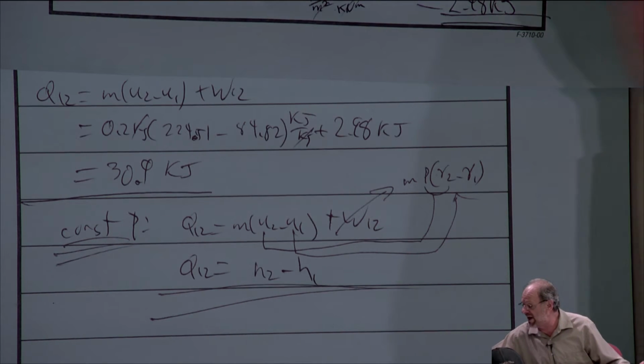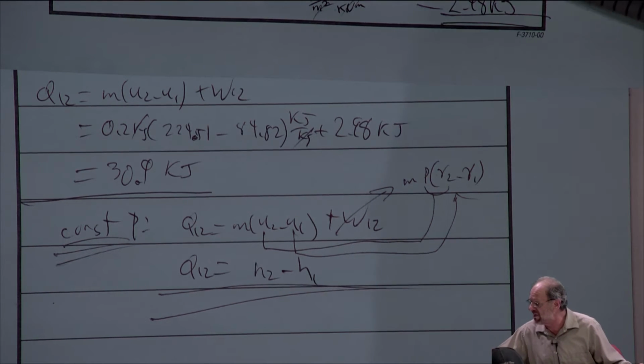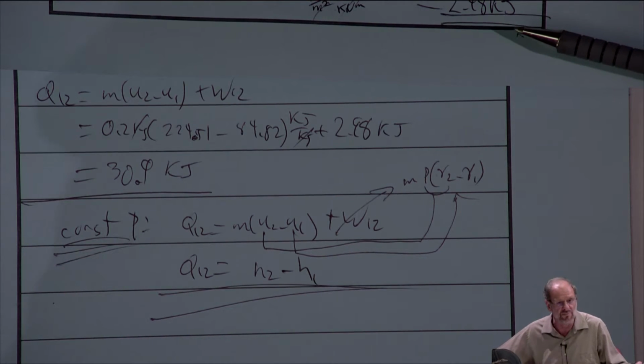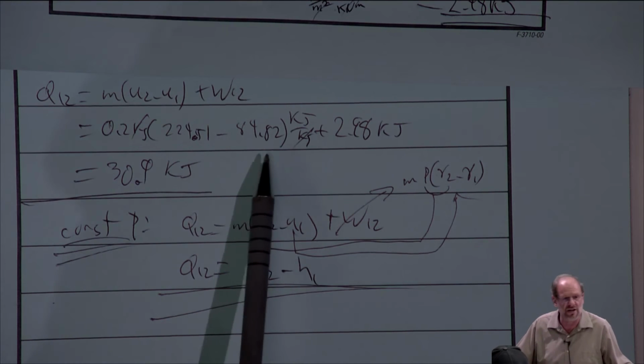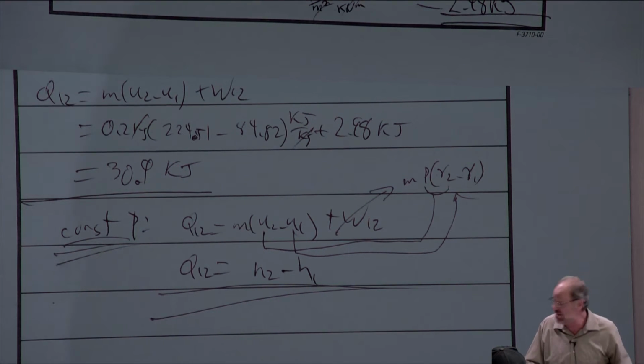I mean, I'm going to need to find most of this thermodynamic property data. It doesn't really save me any time. As long as I have to find the work, I might as well just use the internal energy. But you can do it both ways. In fact, I would suggest do it both ways. For constant pressure problems, if you don't get the same answer, you've done something wrong. So it's a good learning tool. Anyway, questions? Good.